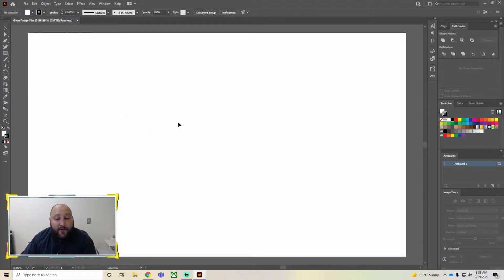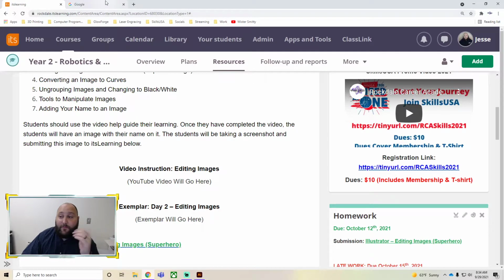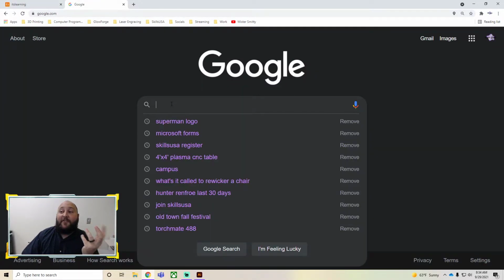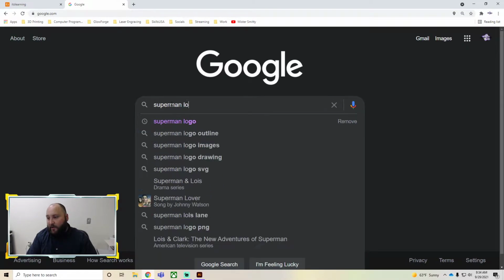And today I'm going to be talking to you about an image. Last time we did a lot of different things. We did the Shapes tool, the Pathfinder tool. I taught you about the Align tools. We used swatches. So just a variety. We talked about fill versus stroke. Today we're going to look a little bit more at some of those things while we're also looking at how to handle images. So what I want you to do today is, everybody likes superheroes, so I want you to go find the logo for your favorite superhero, or for my weebs, you can go and find your anime logo. All right, so I'm actually going to look up Superman logo,